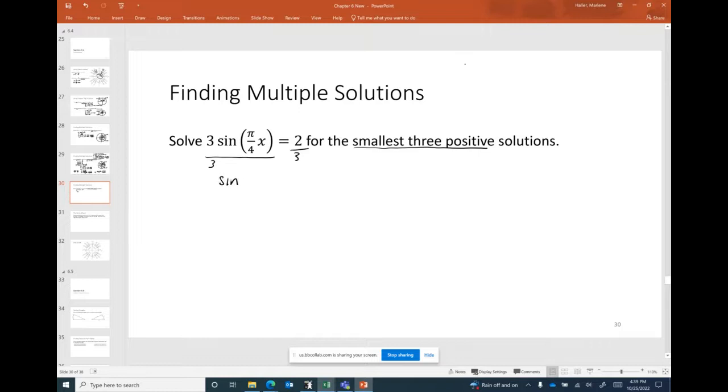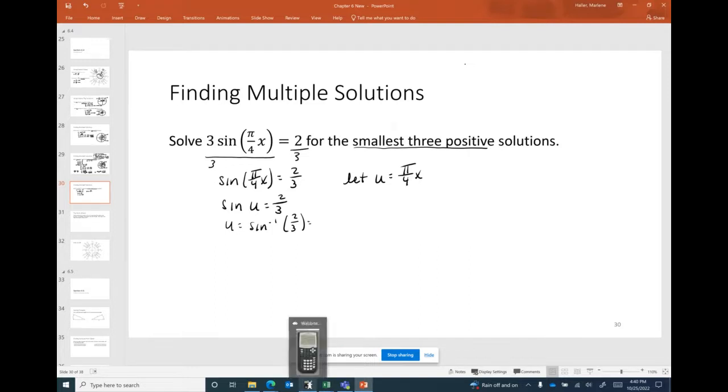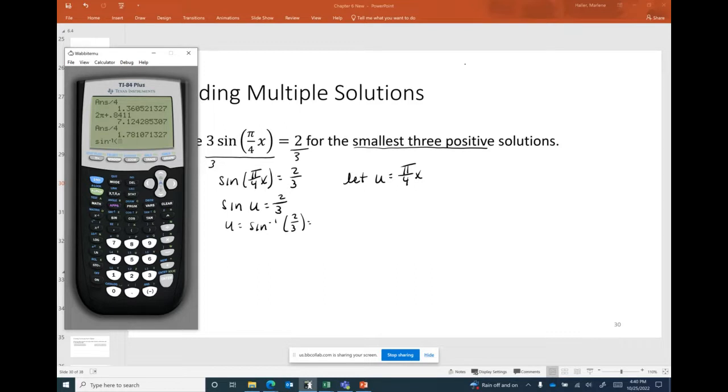So now we have the sine of pi over 4x is equal to 2/3. Okay, now let's do a u substitution. We'll let u be that pi over 4x. So then the sine of u is going to equal 2/3. All right, let's use our inverse trig function to find the first angle. So inverse sine of both sides. So u then is going to be the inverse sine of 2/3, which is inverse sine 2 divided by 3,